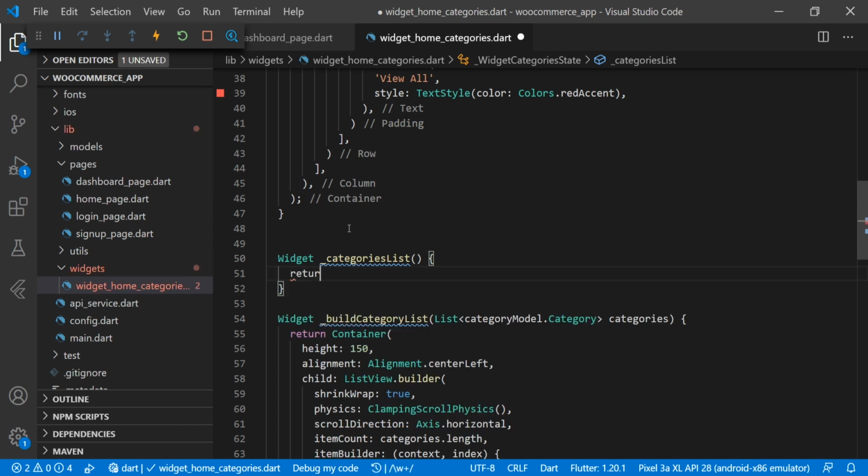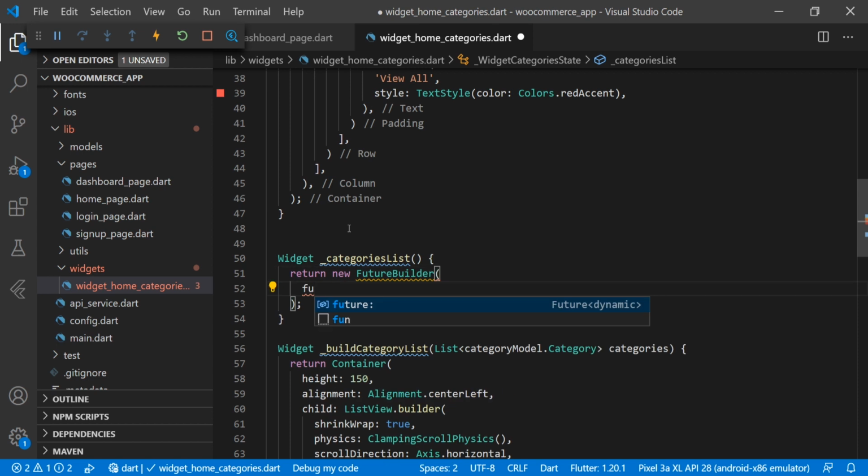and here we will return a new Future Builder. And here in the future we will pass API service dot get categories.